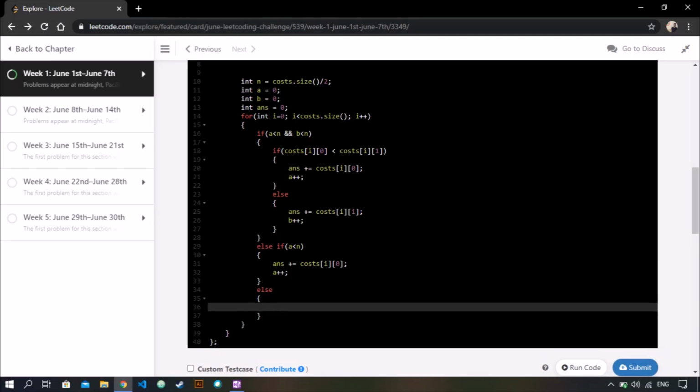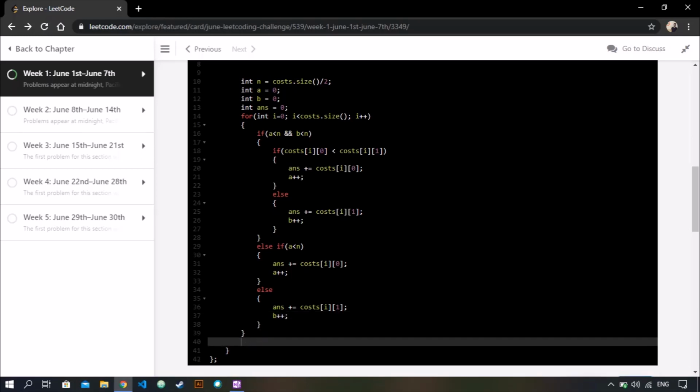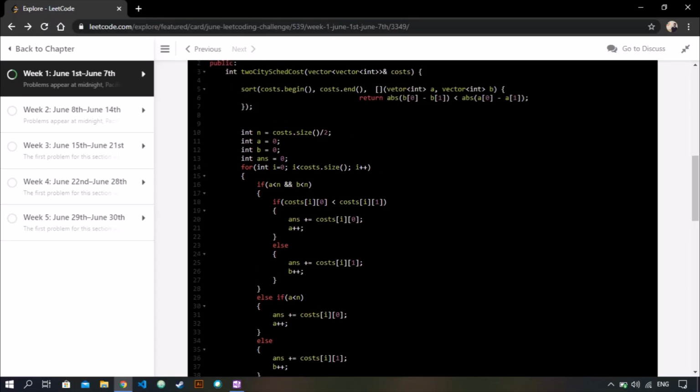Else what we need to do is, else we take the cost of city B, if city A is full. In the end, just return the answer.